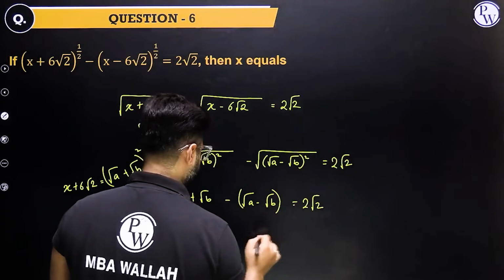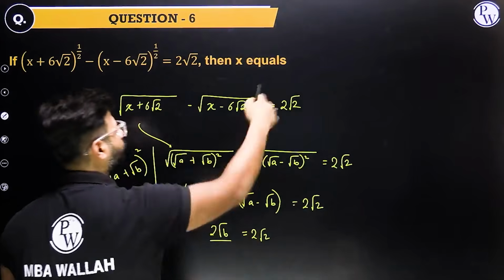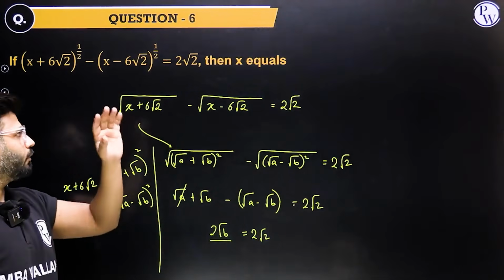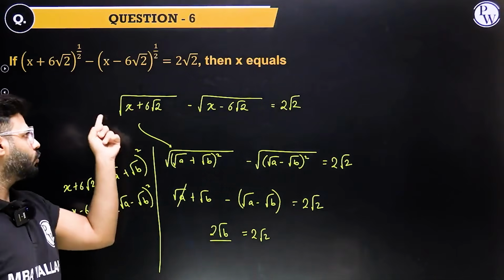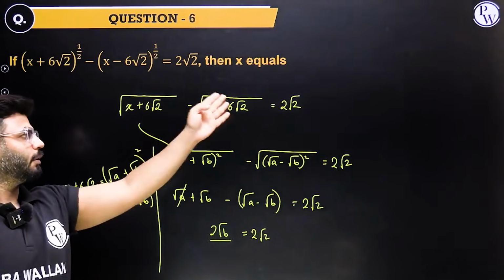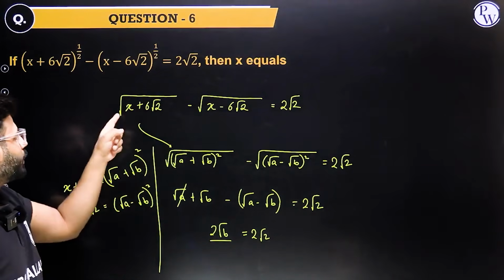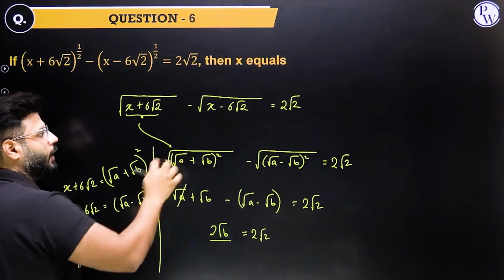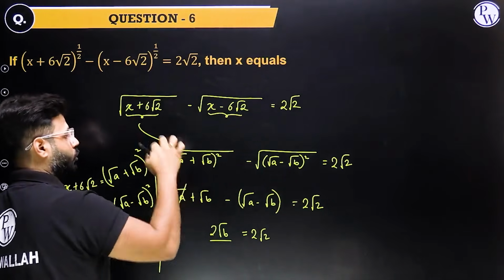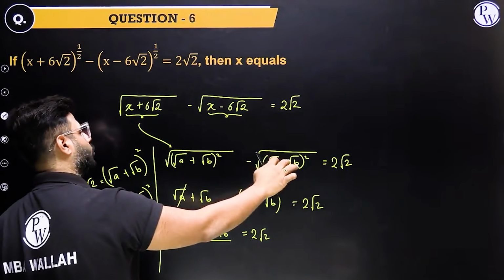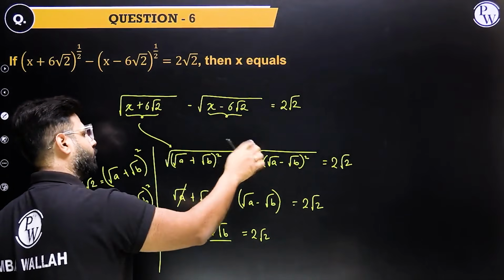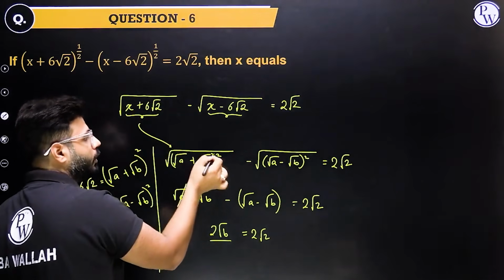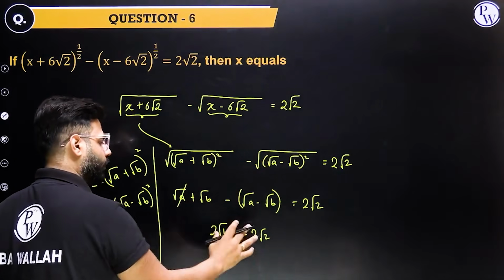Otherwise, you will never get a very simplified RHS. You will have multiple roots over there. They are a conjugate pair. If they are not a perfect square, the root will never go away. And if the square root does not go away, it can never be simplified to such a small number. That means this is definitely a perfect square, so that the root fades away. If this is root a plus root b square, then this has to be root a minus root b square, the conjugate pair, so that the root again fades away. So the square will handle the root, therefore it has to be a perfect square. The square handles the root. I am down to this.